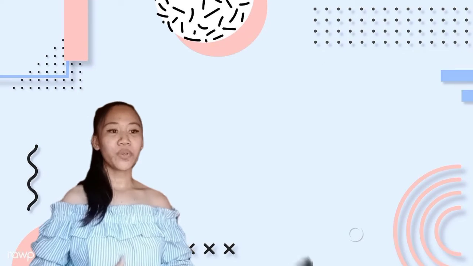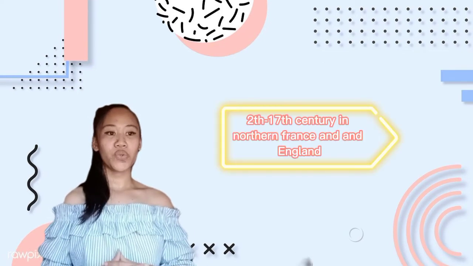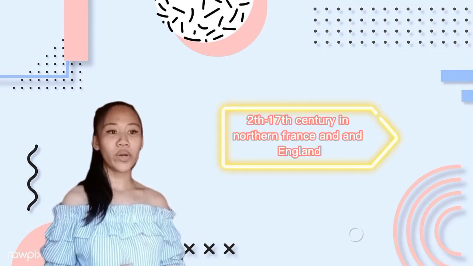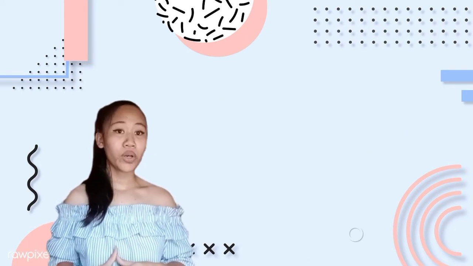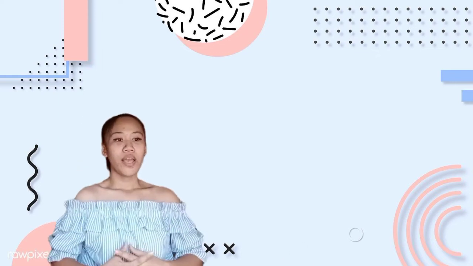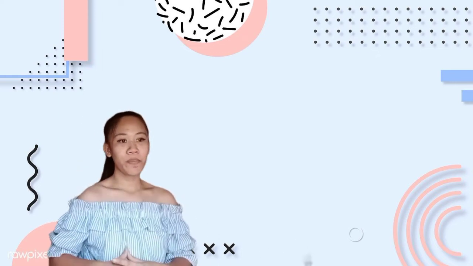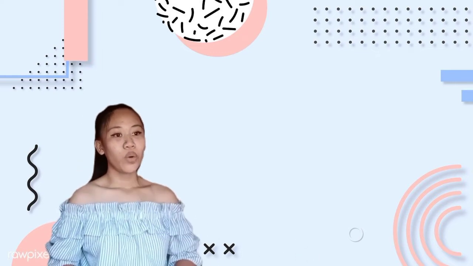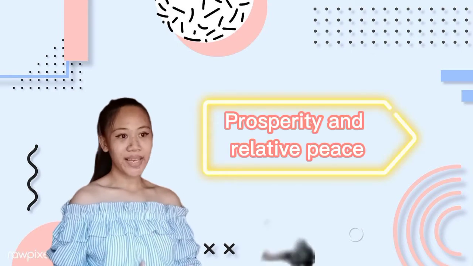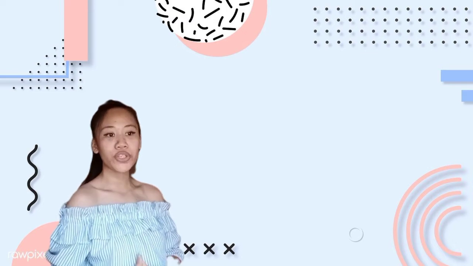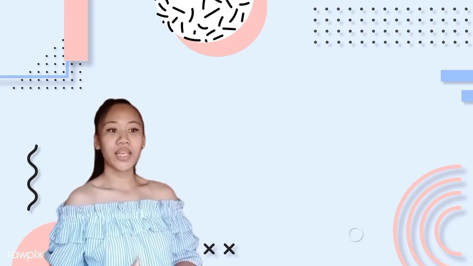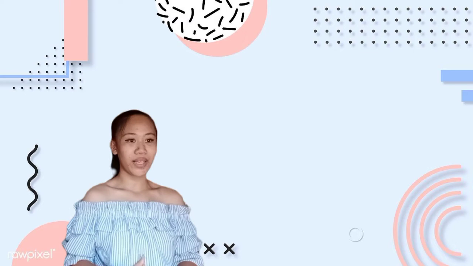It began to proliferate in the 12th to 17th centuries in northern France and England as a development of Norman architecture. The Gothic grew out of the Romanesque architectural style when both prosperity and relative peace allowed for several centuries of cultural development that affected the lives of people greatly.